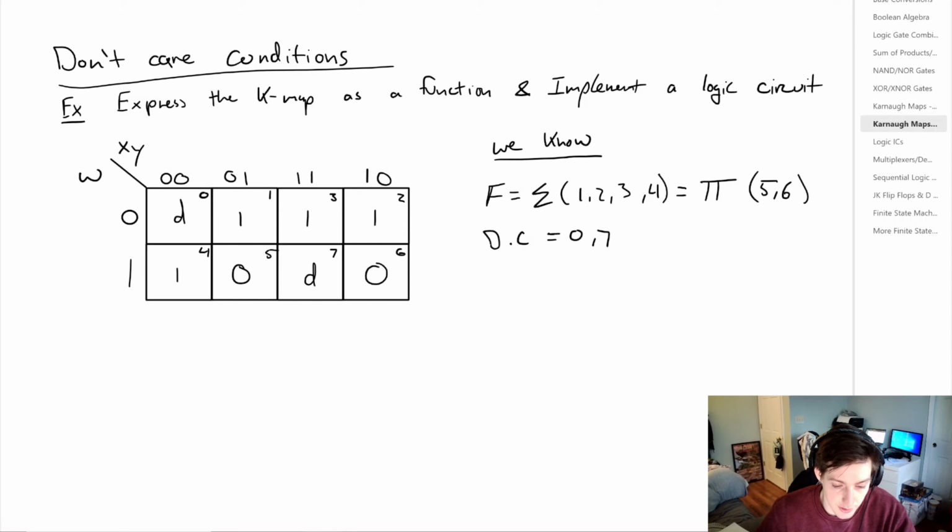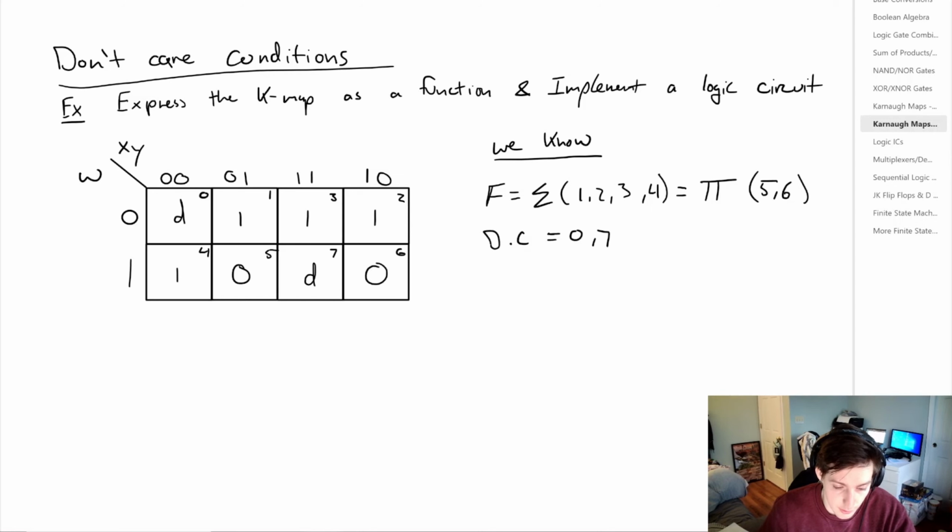So if we look at this K-map, we can express it as a sum, simply by the first, second, third, and fourth terms, or we can express it as a product of sums. And then we have the don't care conditions in the 0 and 7 positions. And what we're going to do is look at the sum of products and the product of sums grouping, then build two individual circuits and see which one is best. And to do the groupings, we don't have to include the don't care conditions, but we can if it makes